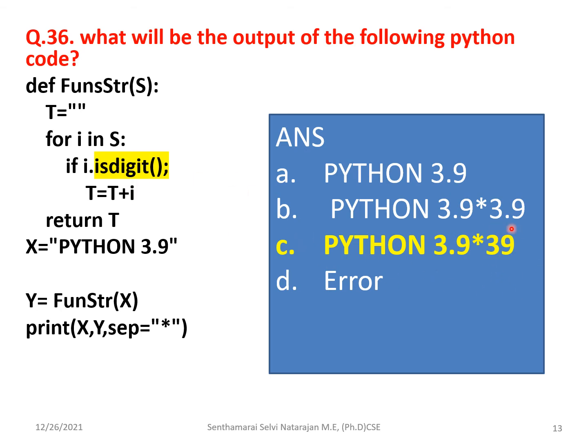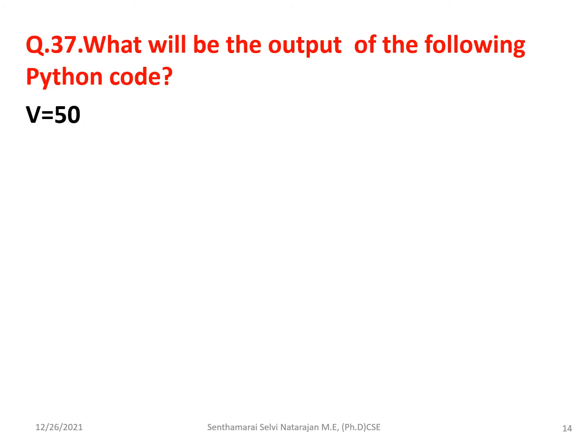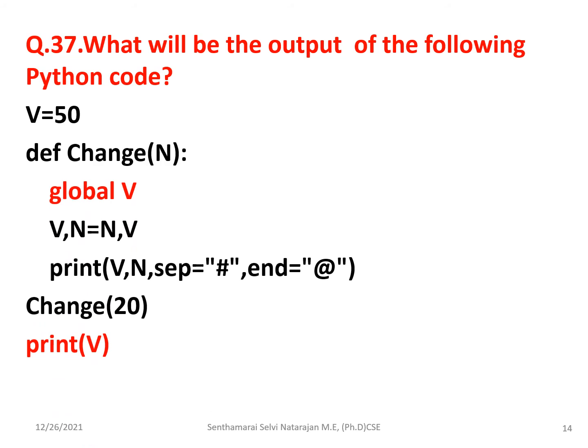So 39 only it will be getting. Okay. Moving to the next question, asking for the output, and you see here